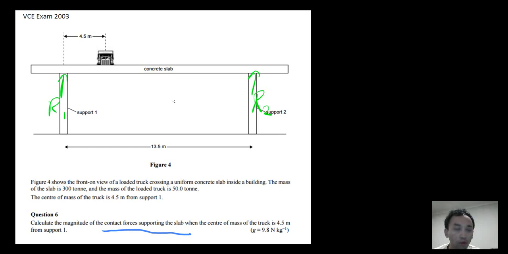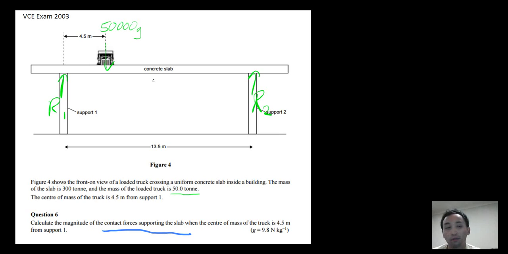Now, first of all, we'll label all of our force vectors, and we'll proceed from there. So what are the forces that are acting on the slab? Well, you can see this truck over here. This truck is acting down with its weight, and we know that the mass of the truck over here is 50 tons. So remember, let's convert this into kilograms. That is 50,000 kilograms multiplied by g